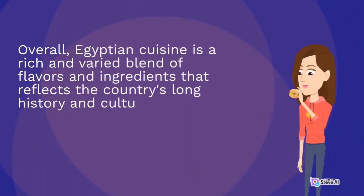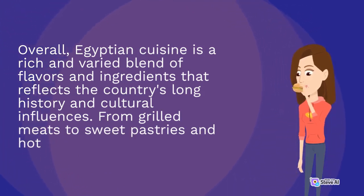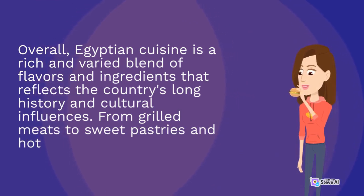Overall, Egyptian cuisine is a rich and varied blend of flavors and ingredients that reflects the country's long history and cultural influences. From grilled meats to sweet pastries and hot